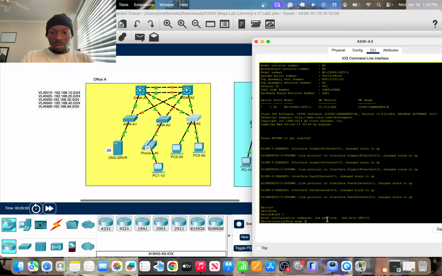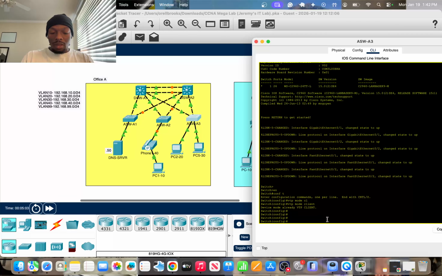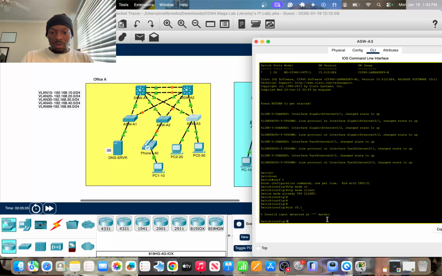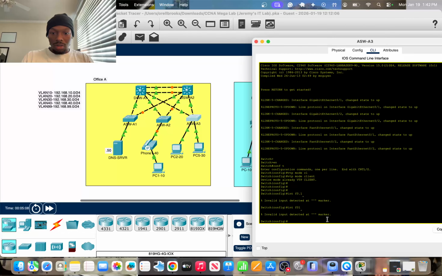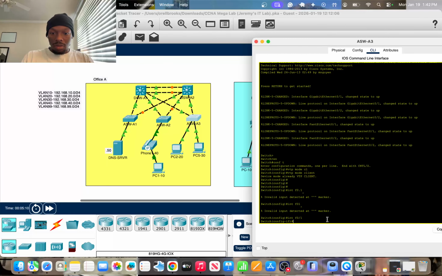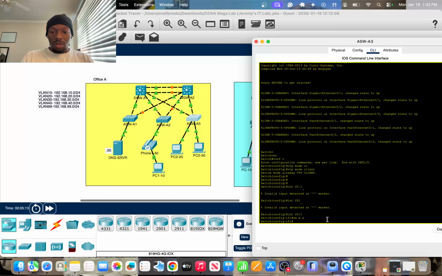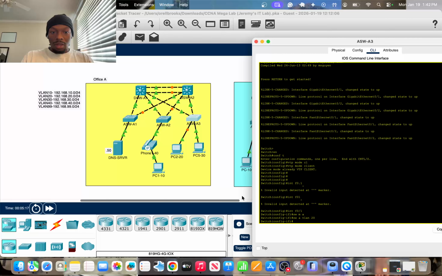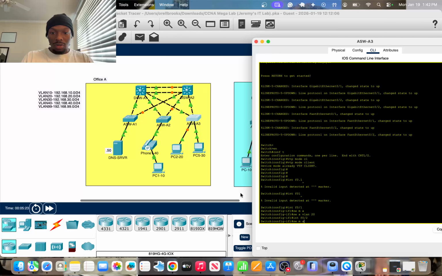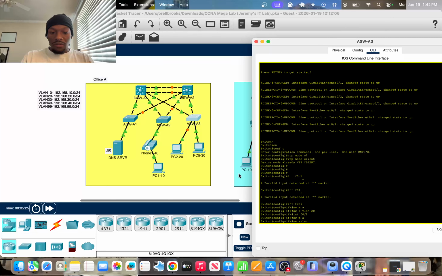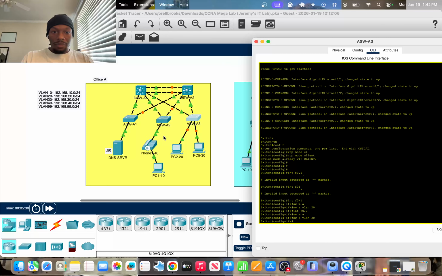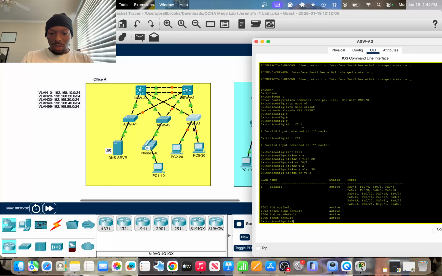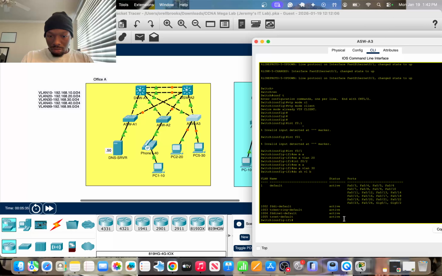VTP mode client. F0/1, can't type, switchport access VLAN 20, and for F0/2, switchport mode access VLAN 30. So we'll just do some double checking right quick, make sure everything is